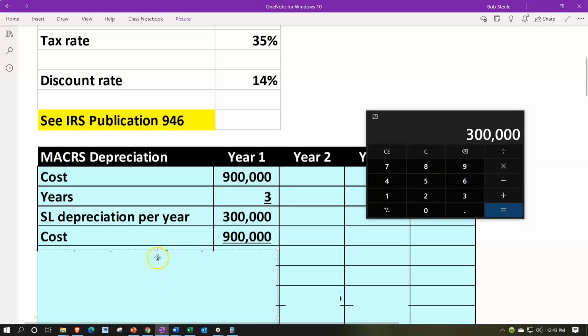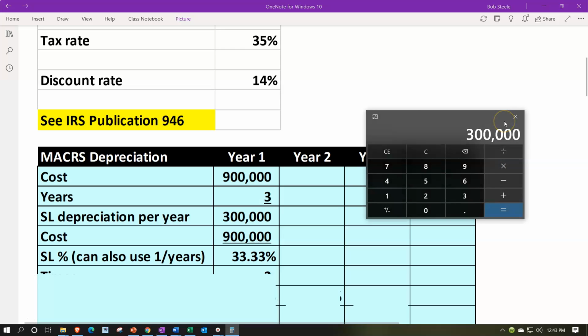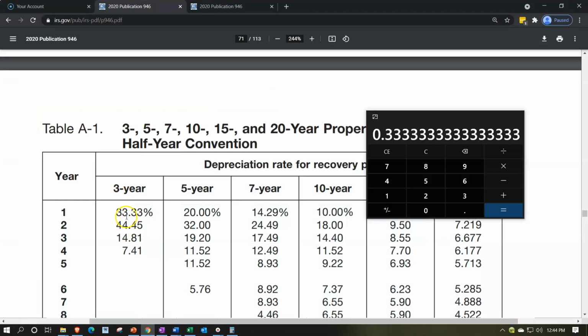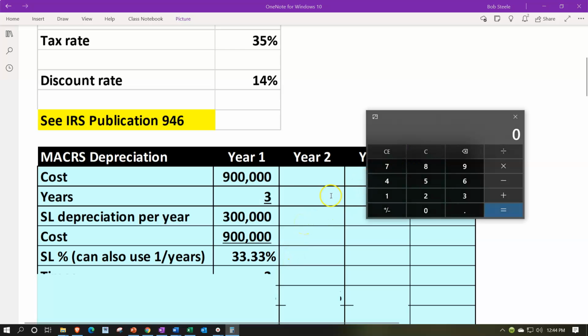Then I'm going to take that and divide it by the cost to get the straight line percent. So if I divide that by the 900,000, we have the 0.333 on forever. This is one of the things that will be estimated on the publication, because note here, it's not going to go on forever. It's just 33.33. So you have a rounding difference. If you did it in Excel, it would be 33.333 on forever, or 1/3, right? You can also do this by calculating the quick way, which is 1 divided by 3,